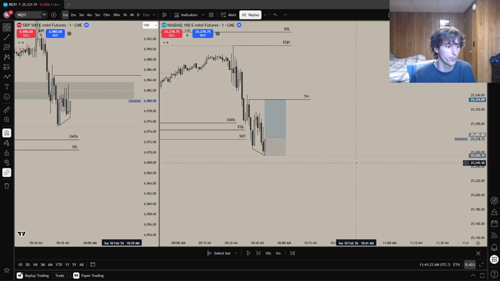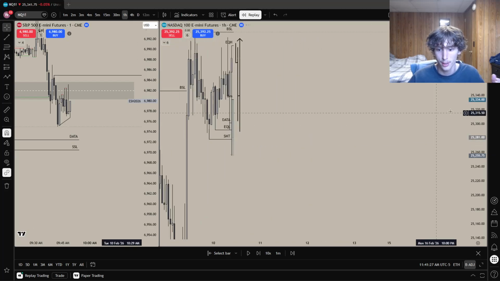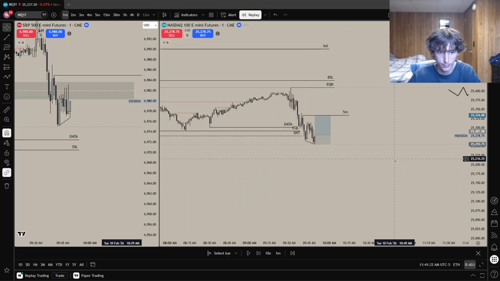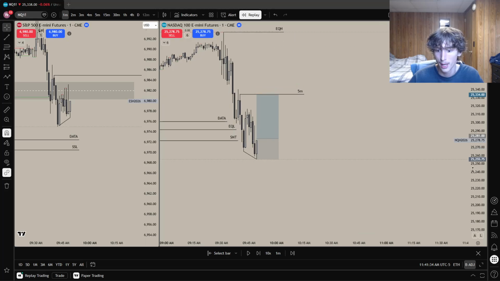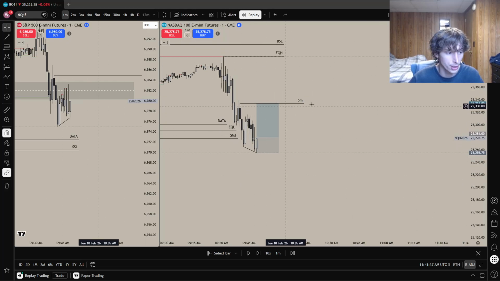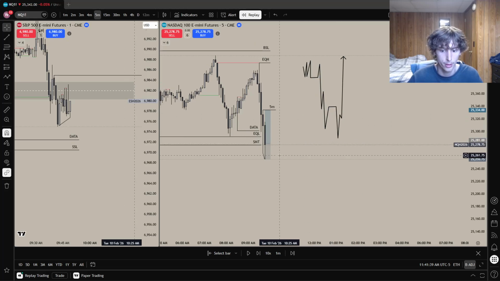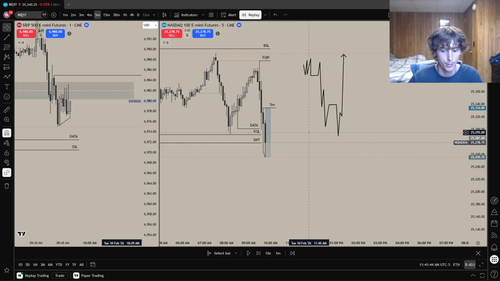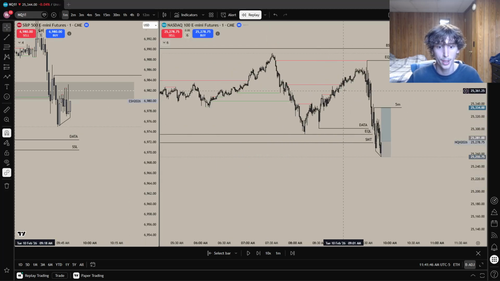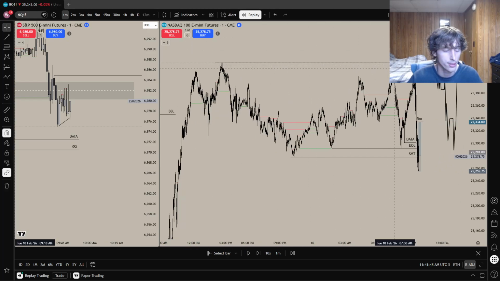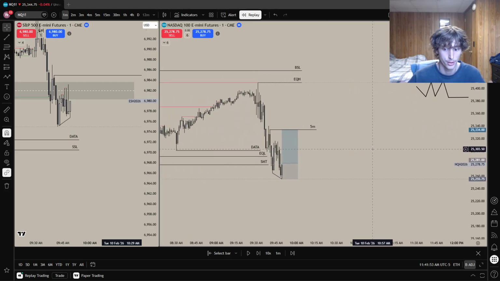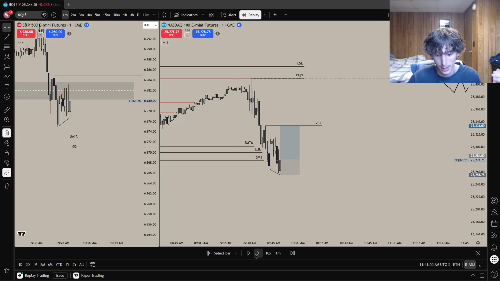I would just be proven completely wrong, and I was on the wrong side today. But from all of our context, right, what would we be going lower to? We've already filled every single imbalance down here, swept out the lows, have our internal model. This 5 minutes should be guaranteed, right? That's the only thing that we could possibly rebalance to before then deciding if we're going to continue to rip higher or then distribute off of that. But because of how obvious this DOL is, right, with so much generated liquidity above us, we should just run to this DOL, which is exactly what ended up happening.